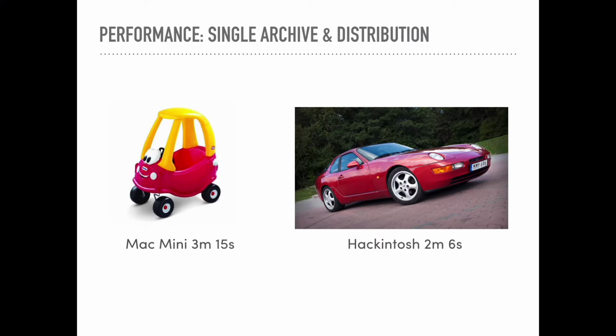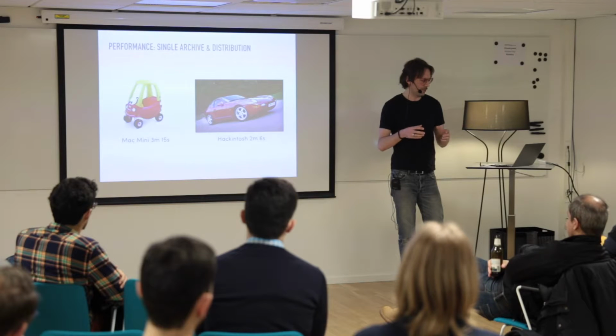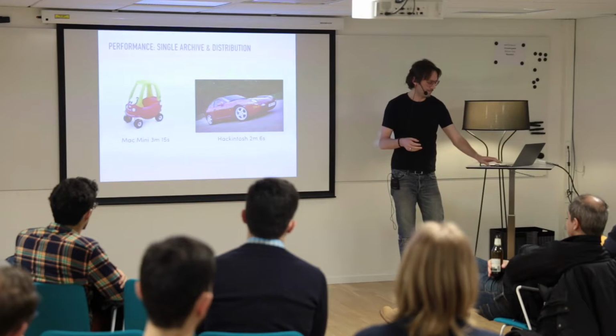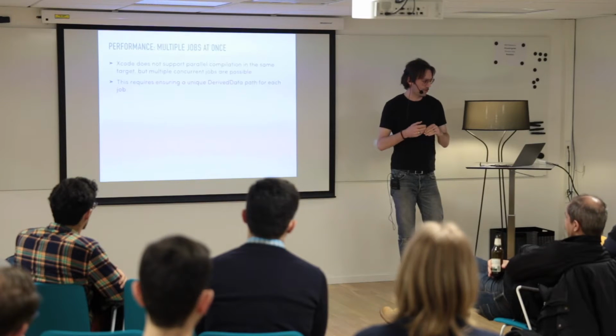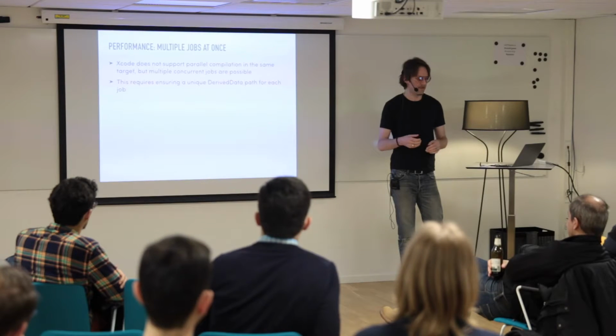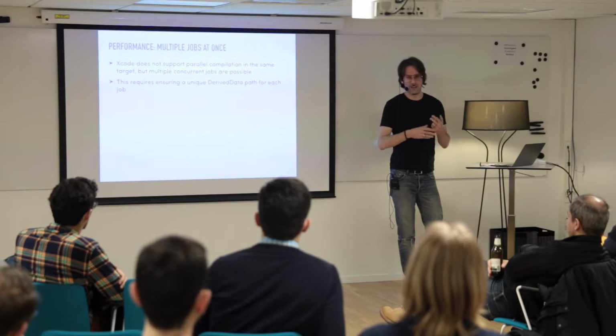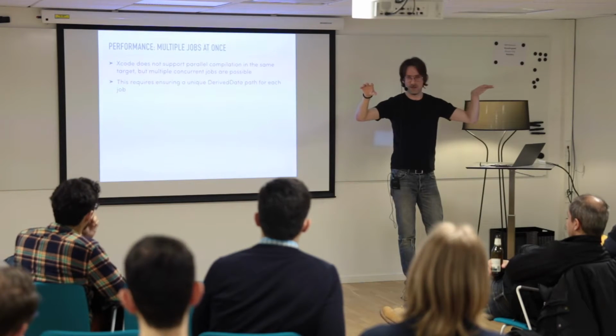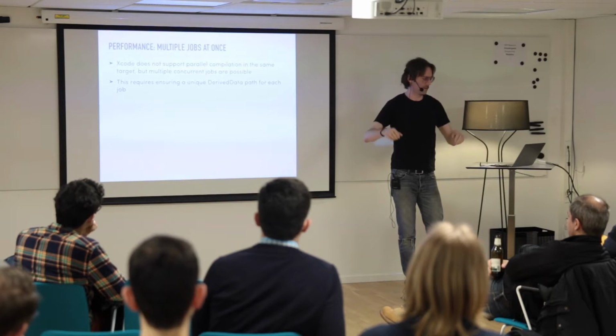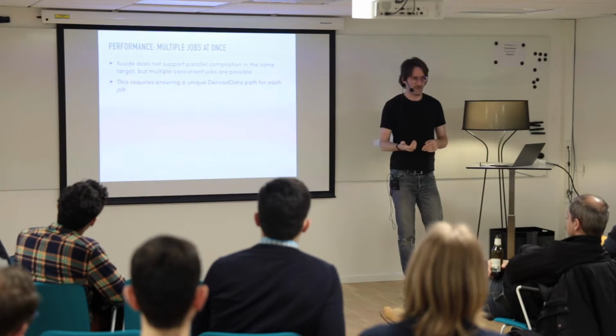The great thing about using this really monster machine that you've built is you have more RAM, more processor, more cores, and you can do more stuff at once. So if you want, you could have multiple ones of these all running at the same time. Xcode, unfortunately, does not support parallel compilation on the same target, so you're not going to see performance gains on a single job, probably. But if you wanted to have multiple jobs, maybe you have 3 applications you're making, and you modify a core package, and you check that in, and then you have all the applications running to check and make sure it's all hunky-dory with that, or you have multiple tests.